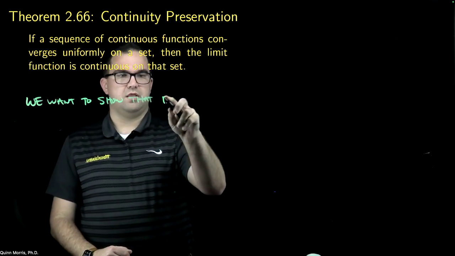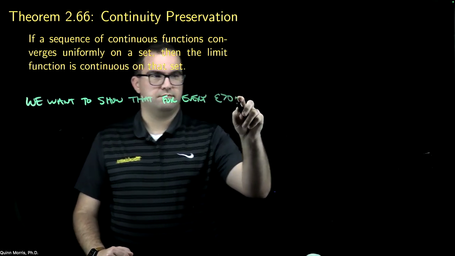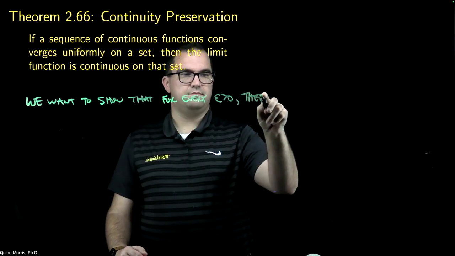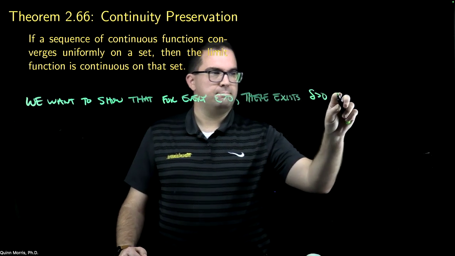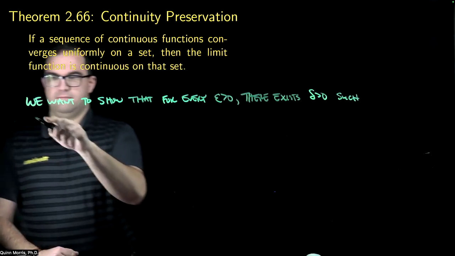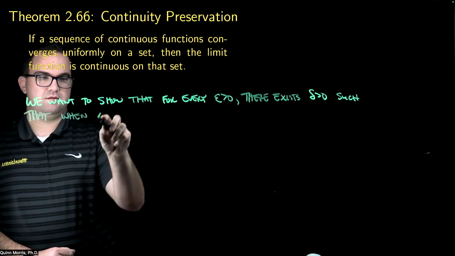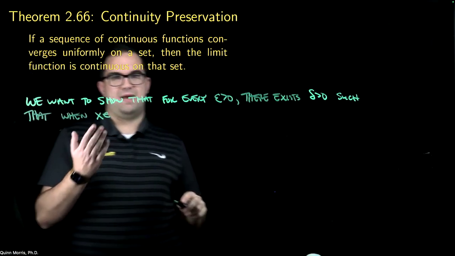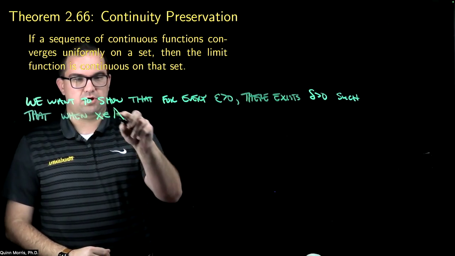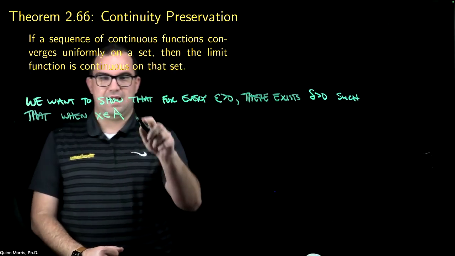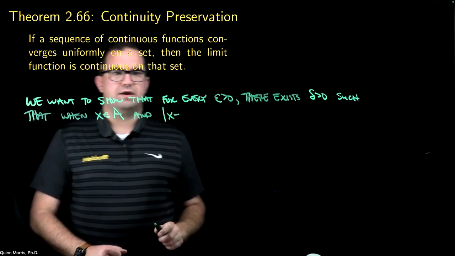that for every epsilon greater than 0, there exists a delta such that whenever x is in the domain of our function, but in this case, the domain of the function is going to be this set that it's converging on. We've been calling that A. So such that when x is in A and when x minus, okay, now this is where I got to